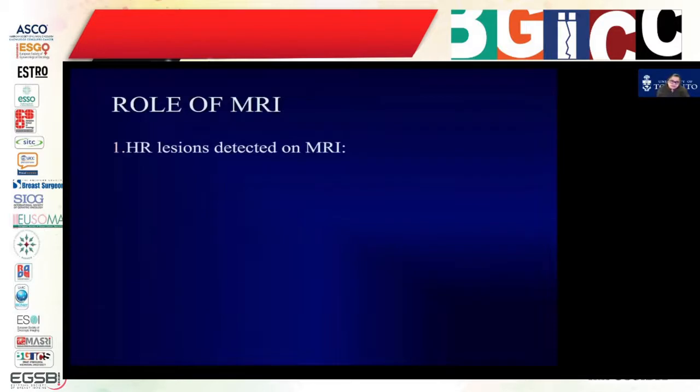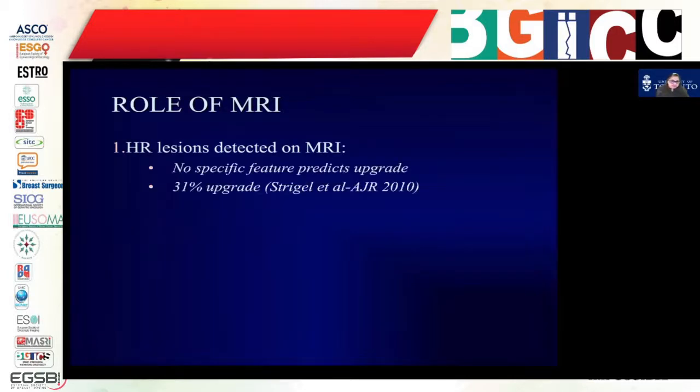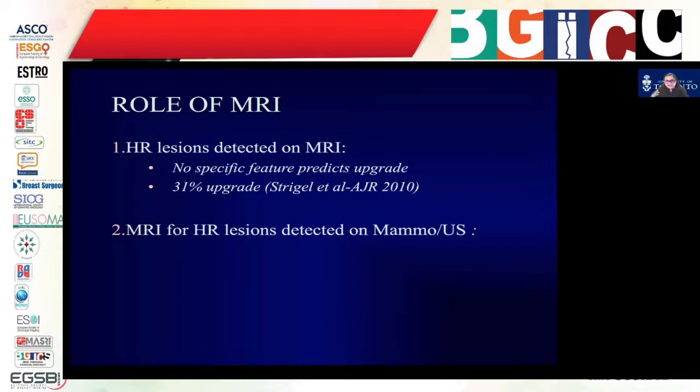So what is the role of MRI? Just to summarize, what is the role of MRI? These high-risk lesions can be detected on MRI performed for some other reason, right? So you perform a high-risk MRI, you see enhancing lesions, enhancing non-mass enhancement, and you diagnose lobular neoplasia, right? There are no specific features that really predict upgrade, but the upgrade rate is pretty high for lesions detected on MRI, right? Then you may have a biopsy performed for findings on ultrasound or mammography, and the diagnosis comes back lobular neoplasia. These women then become high risk,